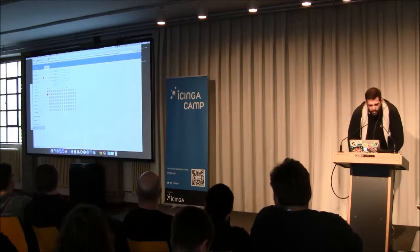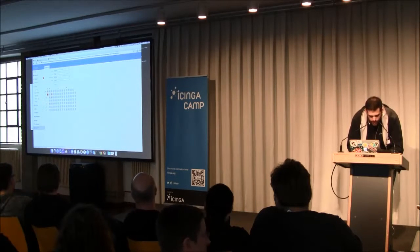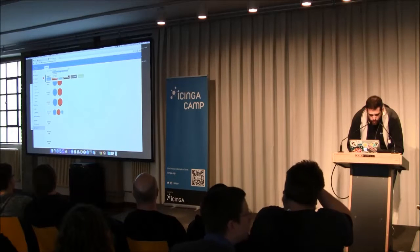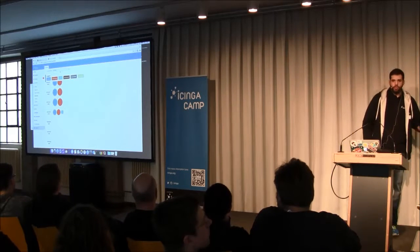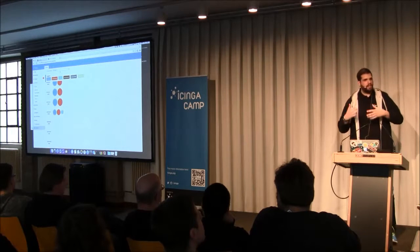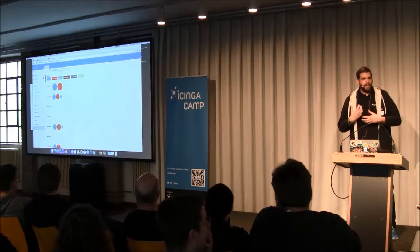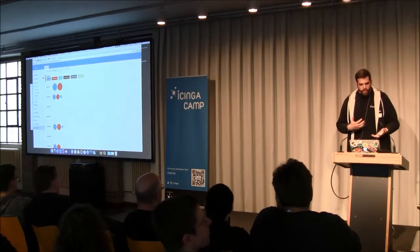Same as with the monitoring timeline. It takes a while on my small demo setup because I have only a little data in it over time. It's the same idea: you can do more, and this is also a little bit of our target for the future, to do more with the historical data, because there's a lot of data in the database you can use for reports